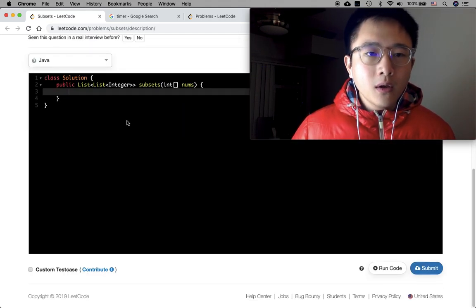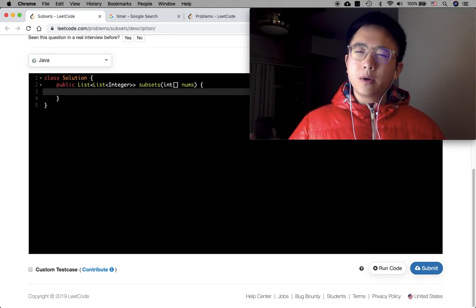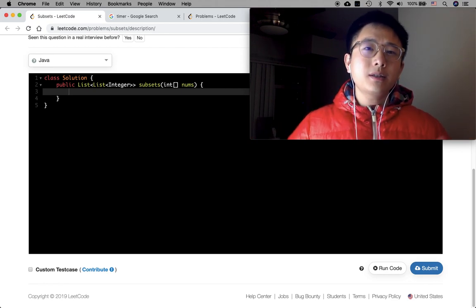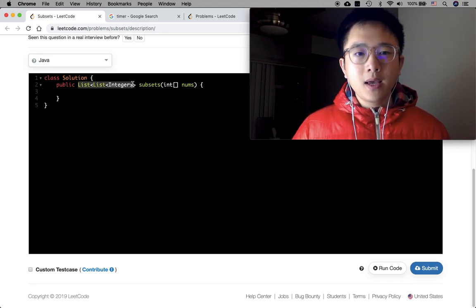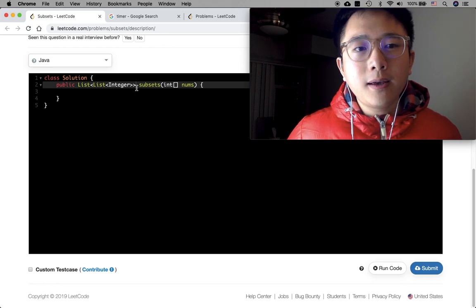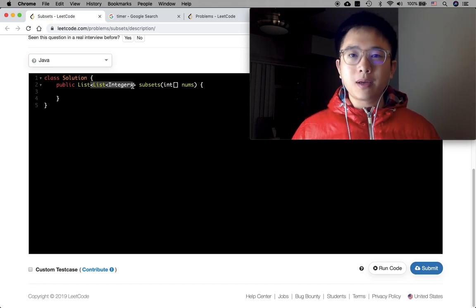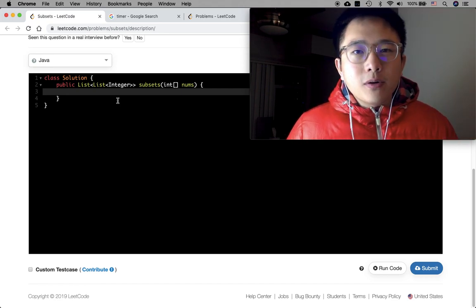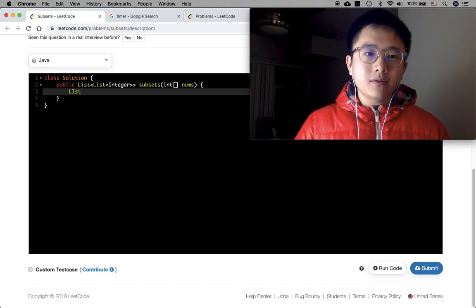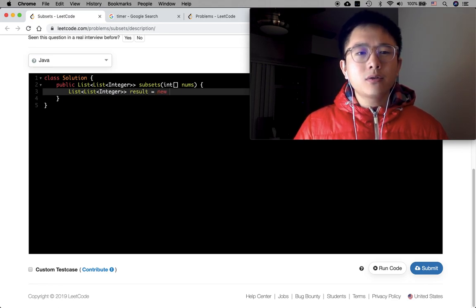Okay, so now first of all, what variables do we need? So first of all, we need a list of lists to store the results, right? Because the return type is this, and then we will need a temporary linked list to go through the results, which is this one, so that we can add this temporary list to the results. So these two are the variables I can think of for now. So we do List<List<Integer>> called results and equal to new